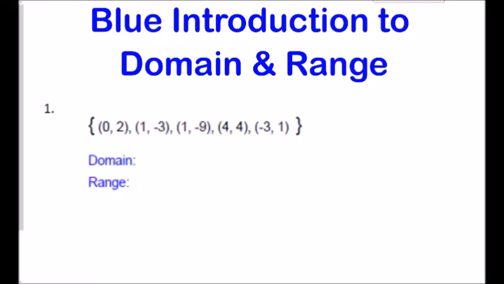When looking at domain and range, I want you to think about x and y values. So domain refers to all x values and range refers to y values. So in this situation, we have a set of ordered pairs or a set of points. And when you've got a set of points, there's a couple different rules that happen with listing out domain and